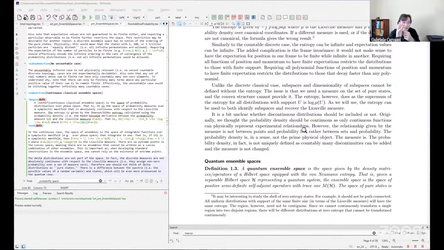And so that's essentially how you should think of probability. Probability is not something that takes a point and gives you a probability, but probability is on regions. So probability density is, in a sense, not the prime physical object. The measure is. The probability density, in fact, is not even uniquely defined, as countably many discontinuities can be added, and the measure is not changed. This is also something that is true